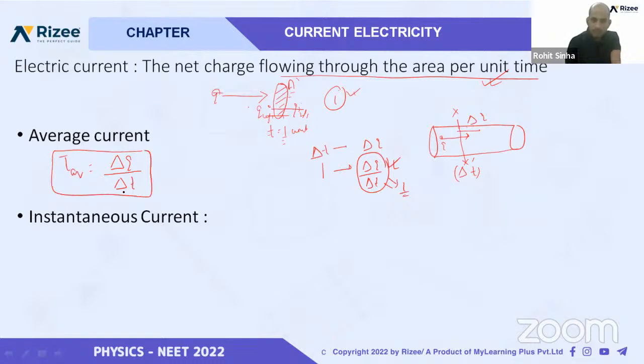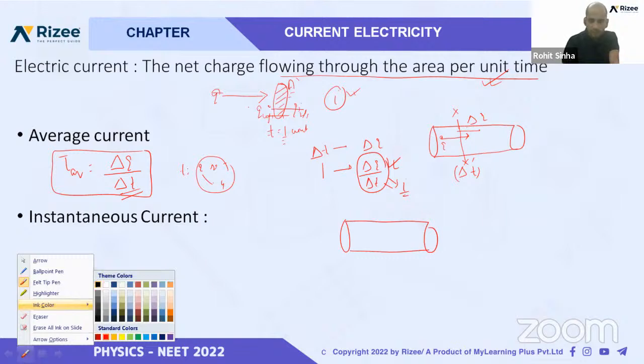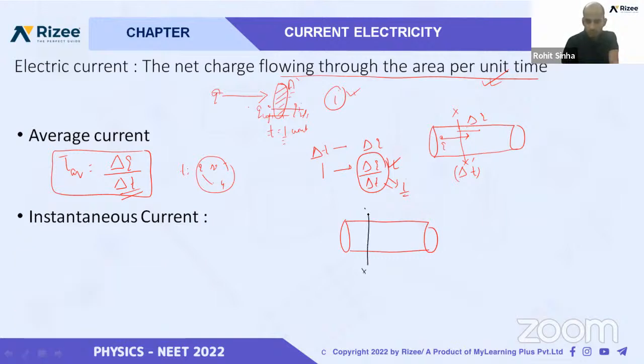Okay, this is a time interval. It may be from 2 seconds to 3 seconds, 2 seconds to 4 seconds, it can be like that. Now, through this conductor, earlier we were considering an interval of time. Let us consider that charge is flowing through this cross section area, and suppose we are interested in finding how much charge will flow in the 3rd second, that means 3 seconds to 4 seconds. If we want to find it at any one instant of time, not in an interval but at an instant of time,